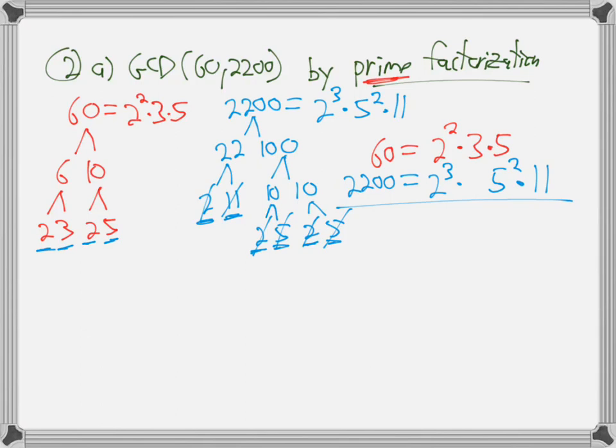So far, so good? So you just write them down, line them up. See, I left a blank here because this didn't have any 3s. Line them up. Now, here's the deal. For LCM, or for GCD, let's do GCD first. For GCD, or GCF, same thing, you're trying to find